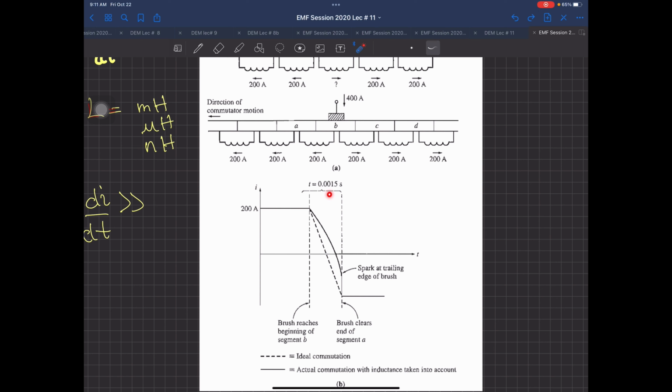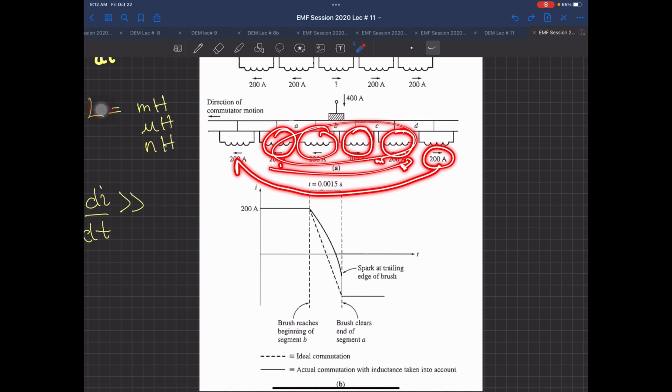The only thing is this: somehow, in this coil, maybe this coil and this coil, in these four coils, the current is still flowing, but we make their EMF zero. I will just tell you how this is going to be done. These four coils, I am going to make their EMF zero. So the sparking near the carbon brushes is still going to take place, but in reduced form. Why? Because now this 200 ampere is going to take a lot of time to go to minus